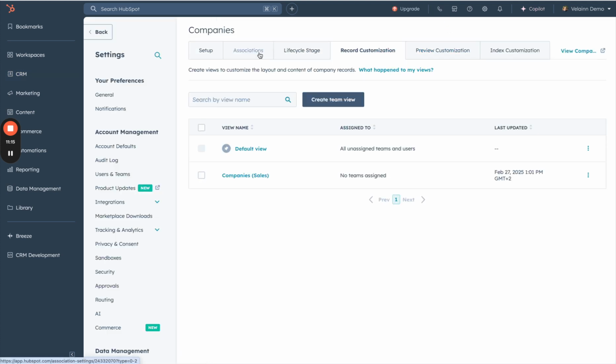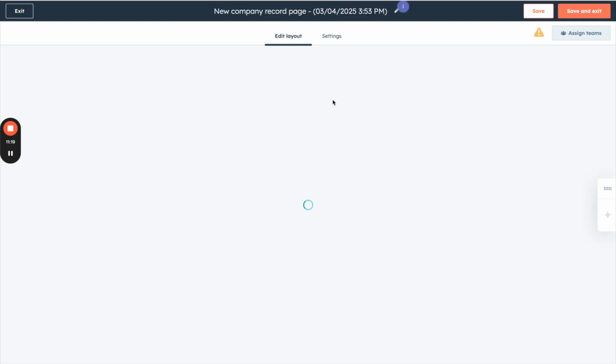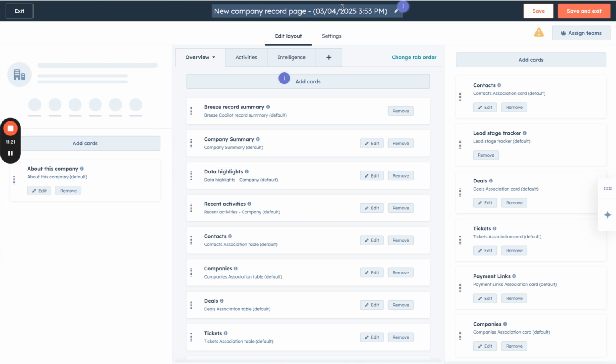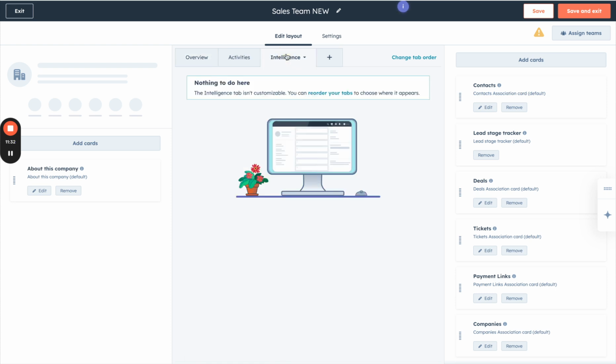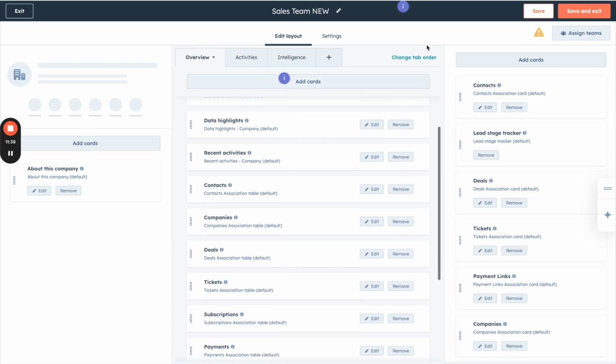So I will not take a lot of time for doing it again. It's pretty much the same logic. You can use something like sales team new, you can name it as you want. Again, we have overview, we have activities, and we have business intelligence. If you are using business intelligence for enriching data, you can change type order, you can create new cards, you